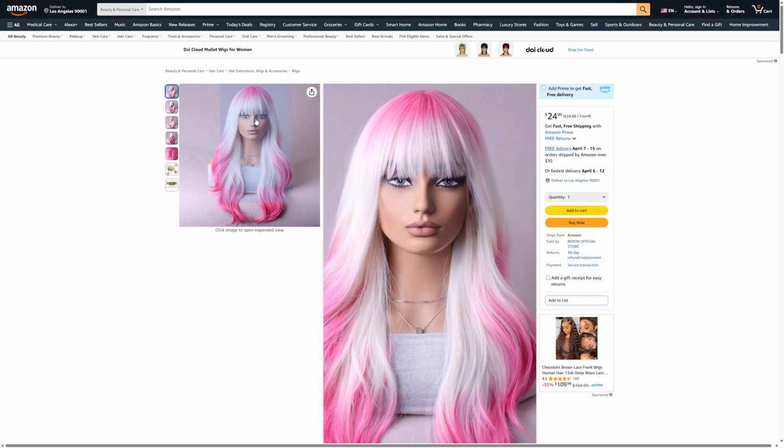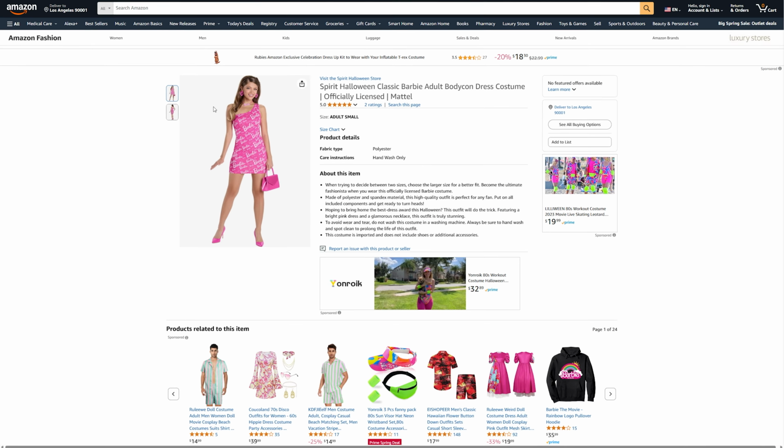For example, a couple of years ago when we had our Barbie movie moment and pink was everywhere, all of these pink products had an uptick in sales because suddenly people were wanting all these Barbie style clothing to be able to wear to go to the movies with friends or to go to Barbie themed parties. And so there was a moment there where if you were within that type of aesthetic and selling a product that aligned with that Barbie pink, even if you weren't using words like Barbie, you could still position yourself through your imagery, through your text, and through the keywords that you're using in a way that was able to capitalize